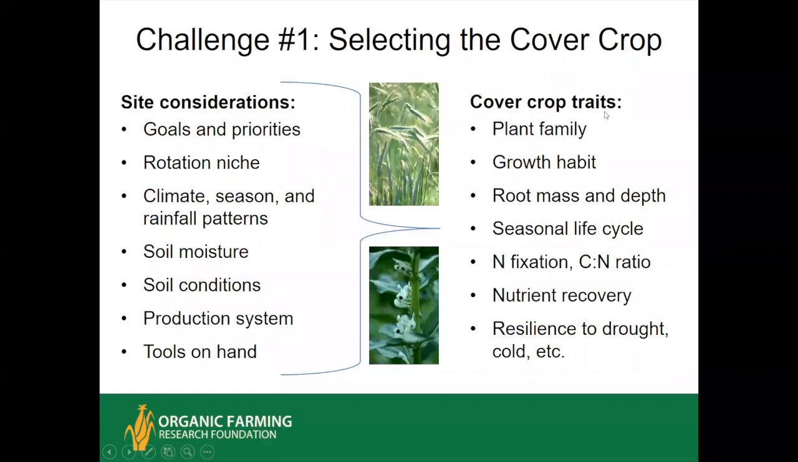So, cover crop traits. There's the plant family, their growth habit, root mass and depth, the seasonal life cycle. Like if you are growing a winter cover crop, you probably don't want to choose buckwheat because it'll winter kill before it gives you much biomass. You look at the nitrogen fixation and the carbon to nitrogen ratio, both in terms of is the cover crop going to add nitrogen to your system? And if so, is it going to release it too quickly or too slowly for your next crop? Nutrient recovery plays into this too. And then you want to consider the cover crop's resistance to drought and cold and other stresses